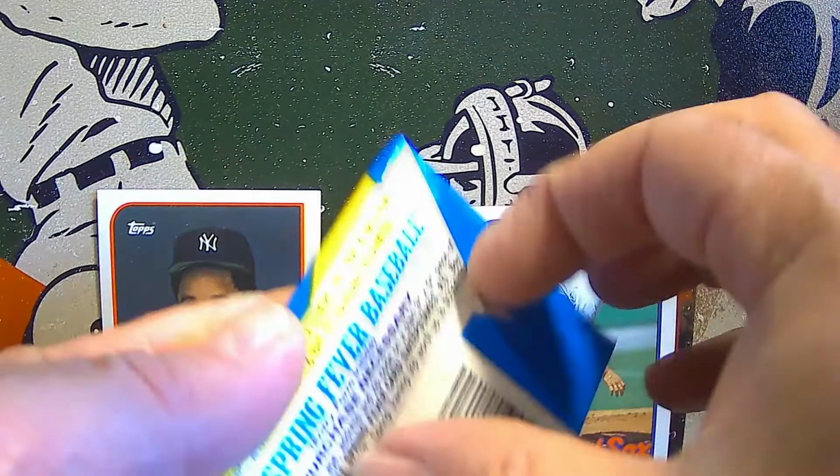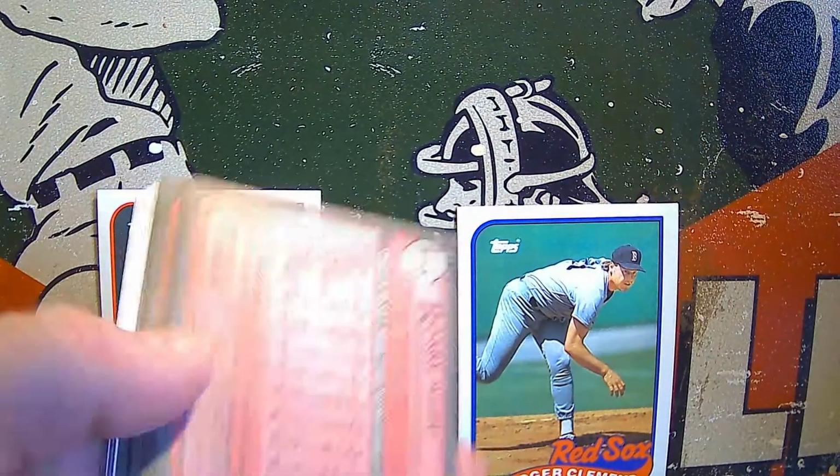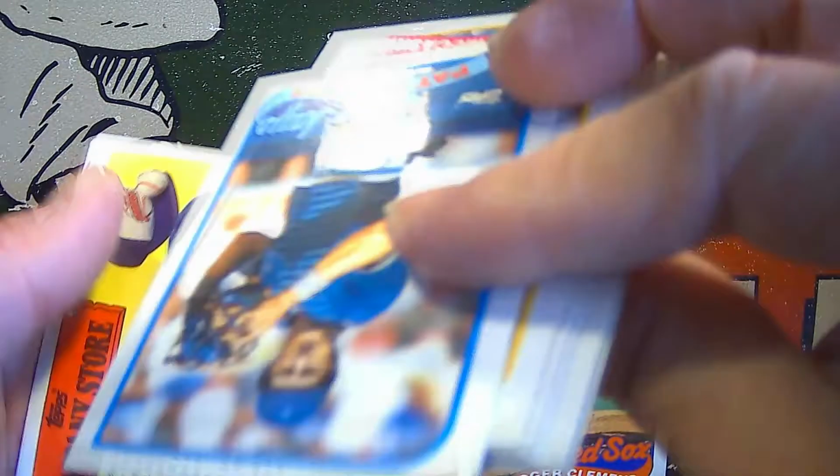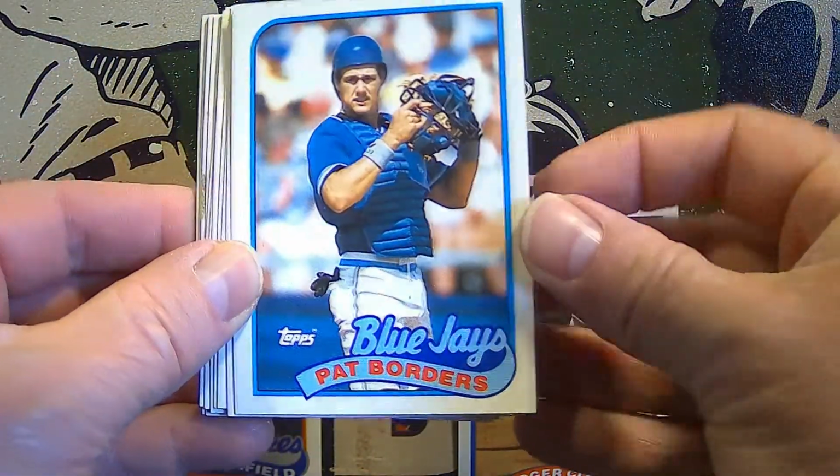Pack number 6. We need to get some more Hall of Famers. We have one Hall of Famer so far out of all of these packs. That's unusual. All right, Pat Borders,